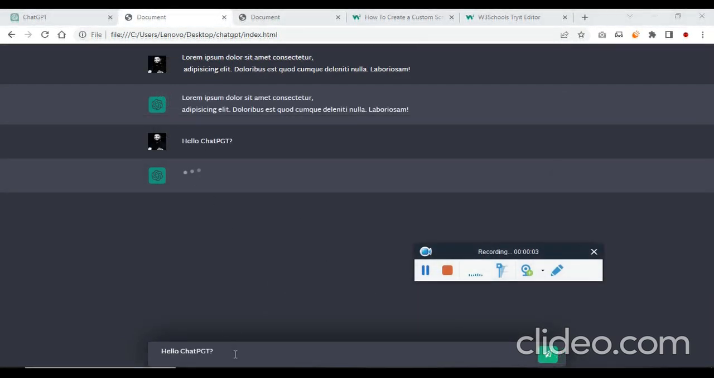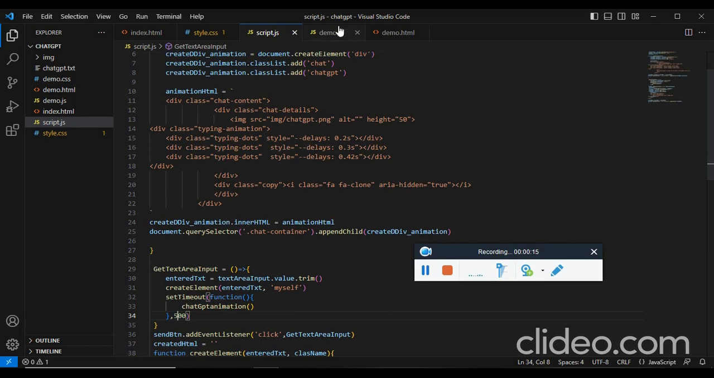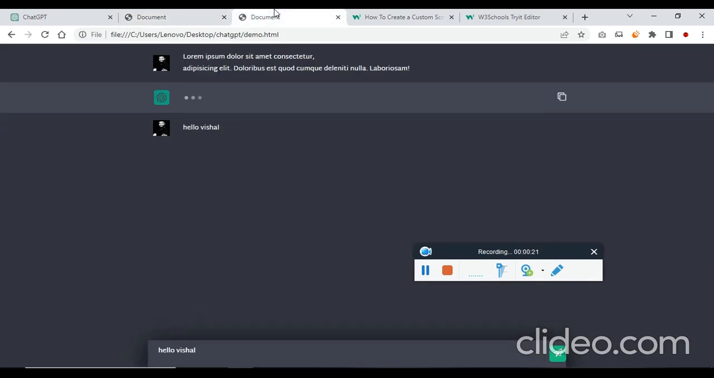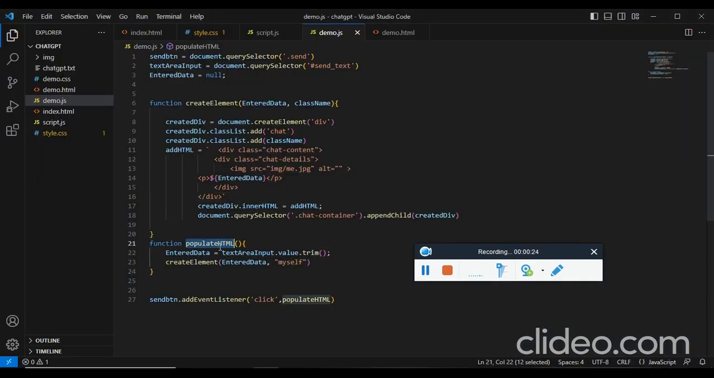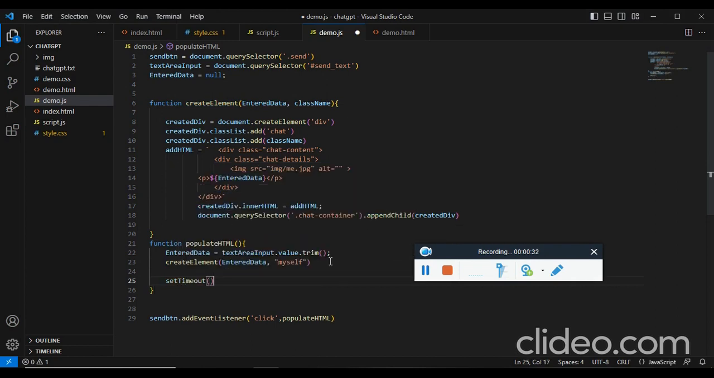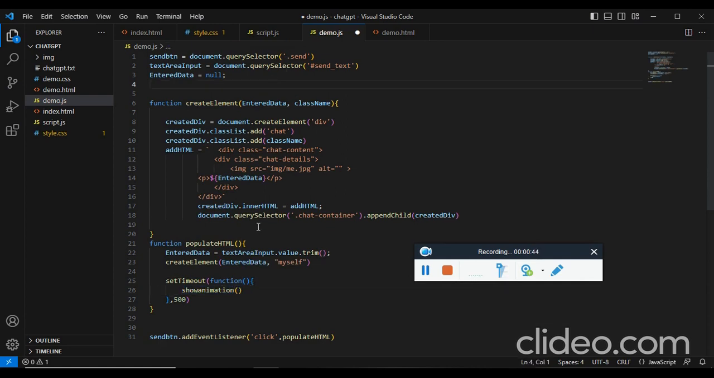Now we want to add this animation. If I type something, ChatGPT should have this animation once I click on this button. Fine. Now what we need to do is, it's going to be a similar step to what we have created earlier. Now after we have added this text by the user, this is the place, so we need to call a set timeout function that will call another function, show animation. So let's create this function,